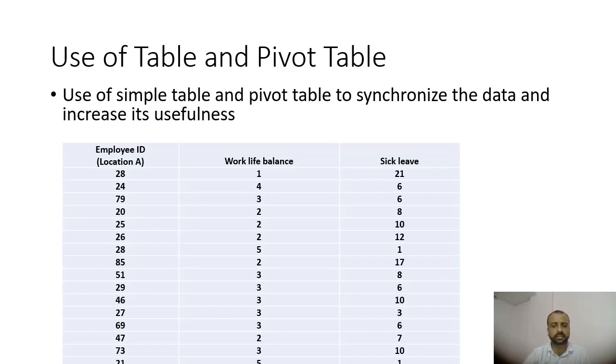Correct. Now, by looking at this small table, you can make out some sense that the higher the leave, the lesser the work-life balance. In this table, 1 means low balance. So, the lower the work-life balance, the higher the sick leave. So, you can create some basic trend from this. But I'm not saying that work-life balance is ultimately responsible for or causes the number of sick leaves.